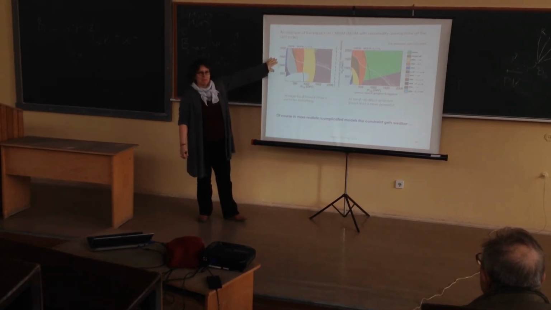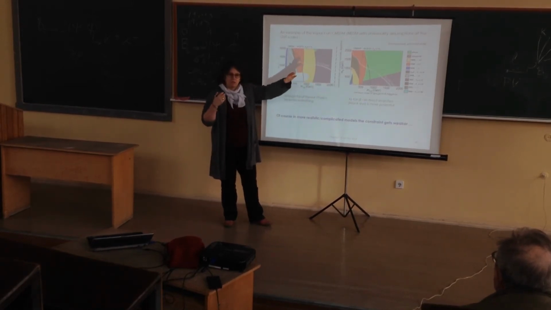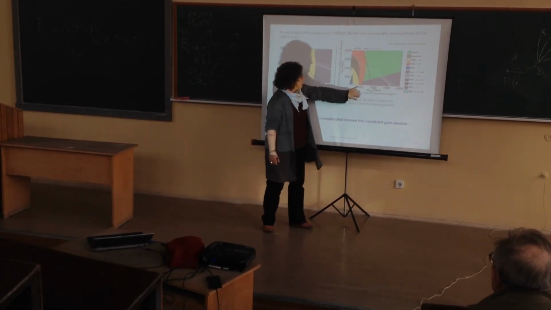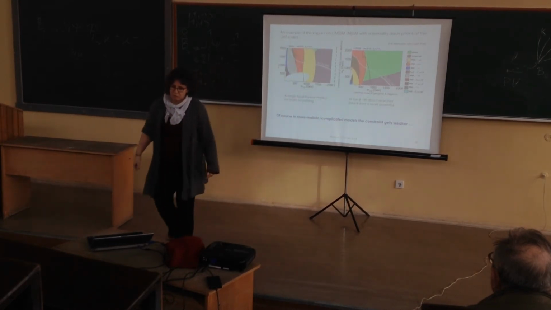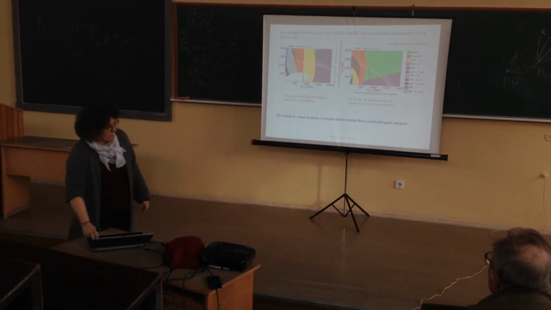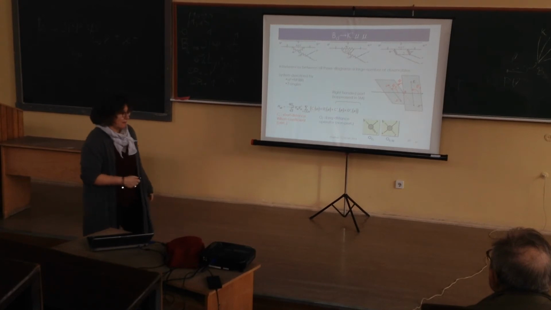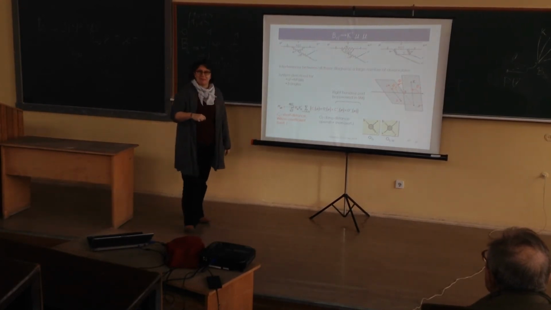Sometimes people just show this one to say how powerful it is, but in real life one always has to be careful about the other parameters playing in this game. And you see that when tangent beta is 30, then direct searches are more powerful. So it's a complementary interplay. This next one I will try to be fast.